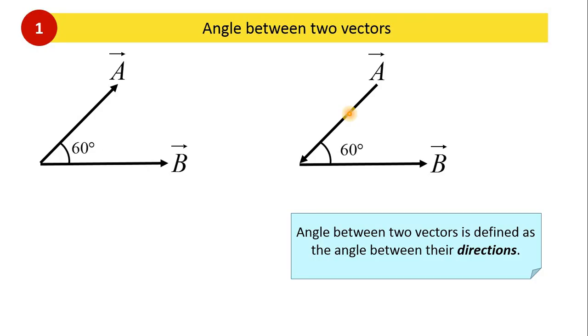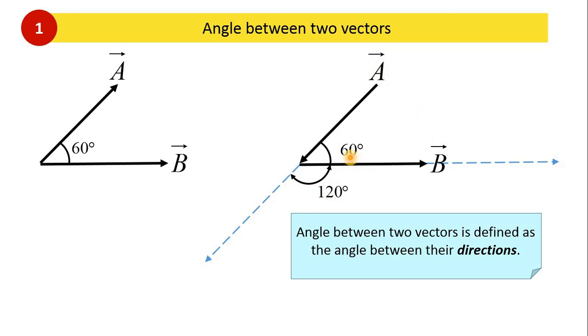So look at the directions. This line represents the direction of the A vector, and this line represents the direction of B vector. So between these two directions, what is the angle? That angle should be 120, not 60. Therefore, the answer for this question is that the angle between the vectors A and B is actually 120 degrees, not